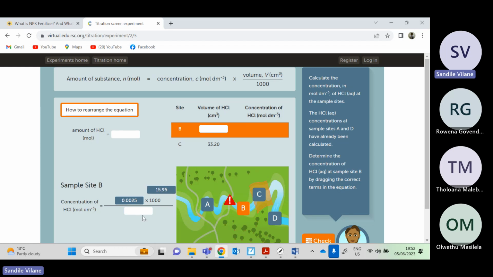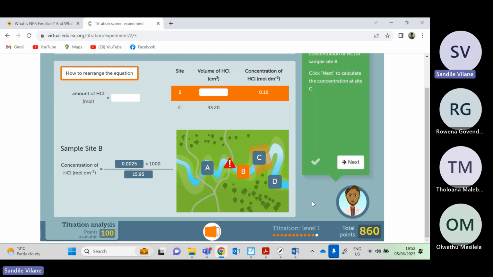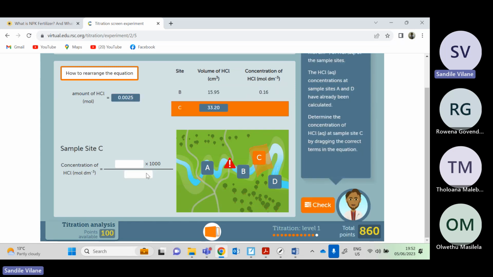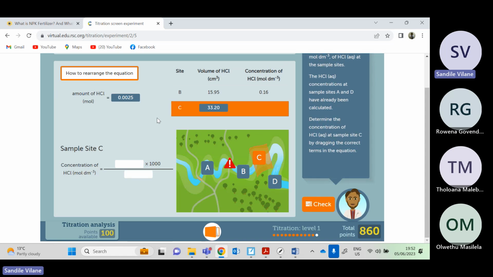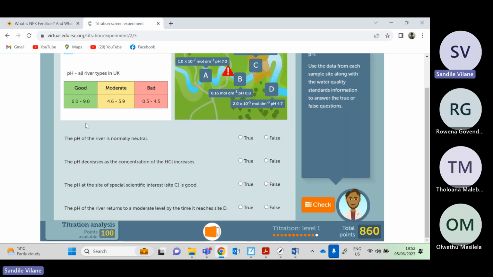Number of moles divided by the volume. And then let's check the answer. That is correct. So finally, we are now inside C once again. And then let us check that we have done that. The answer is,